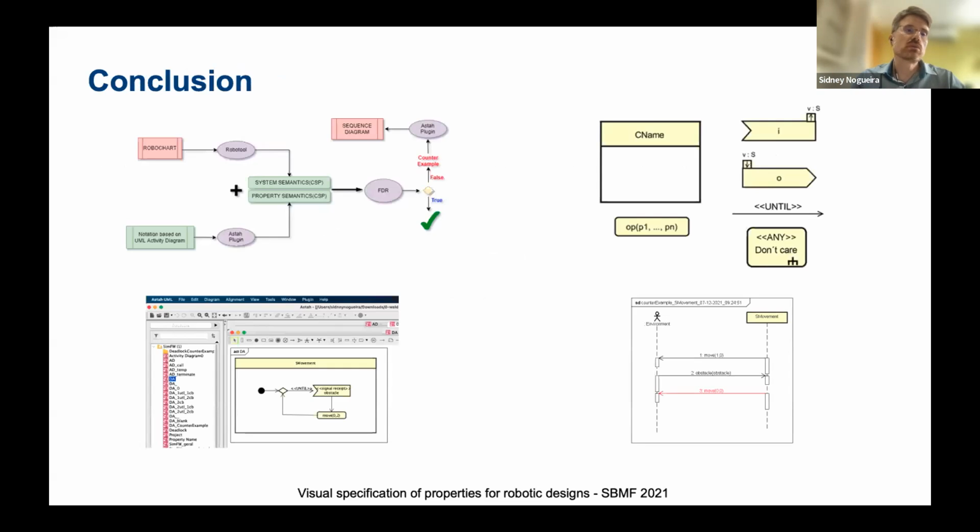Just to conclude, we proposed this approach to hide the formal methods during the verification process. It uses a diagrammatic language that we adapted from UML state, sequence, and activity diagrams. We mechanized the translation, the verification, and the counterexample construction using a plugin that also hides the counterexample generated by the tool.